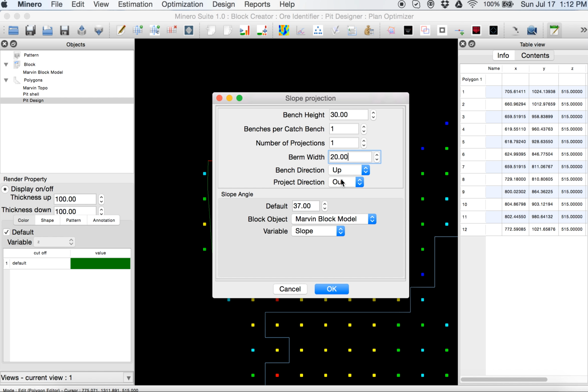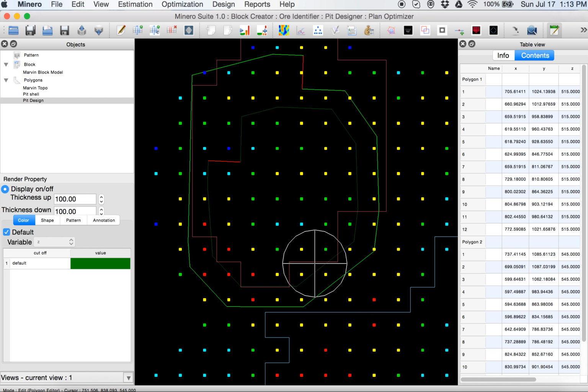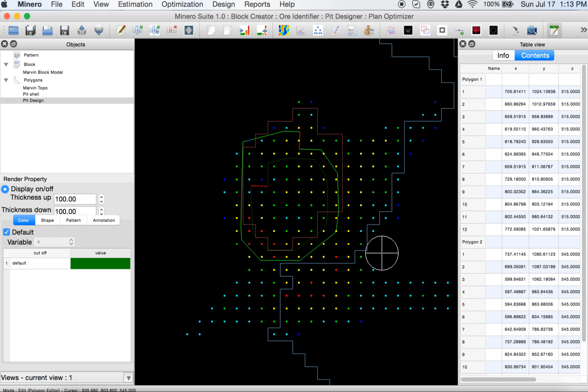When we start at the bottom, we can always change that direction. So in this case, we'll use the Marvin block model with the geotechnical information in the variable slope. So this is how it looks now, the projection up. So we can project one bench up.